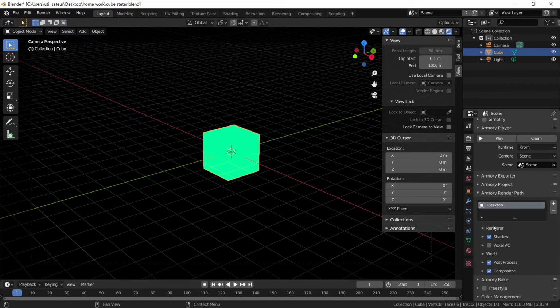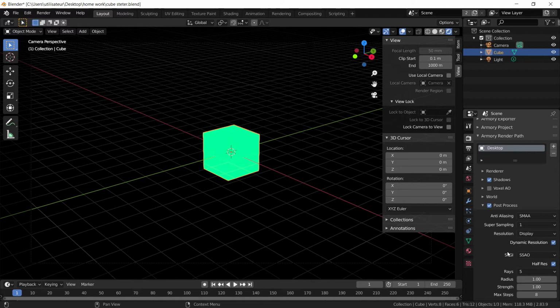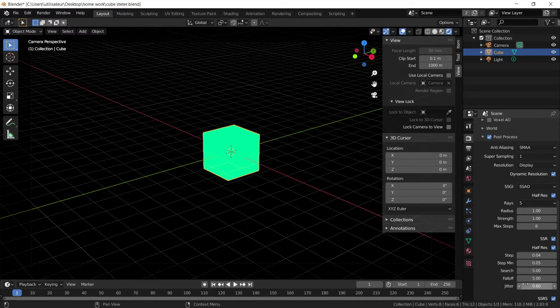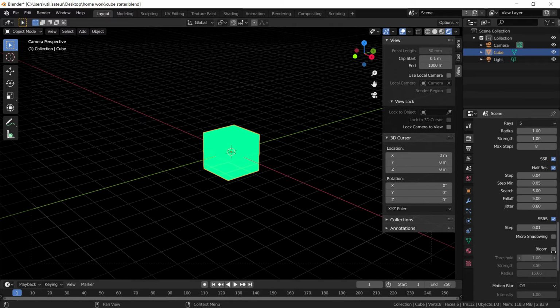And now we have a bunch of options that configures what Armory 3D is going to be packaged with, as in the different shadows, sizes, whether it should have shadows or not. And we have something called the post-processing. Now by default this is enabled, but there are tons of things that are disabled by default, except one of